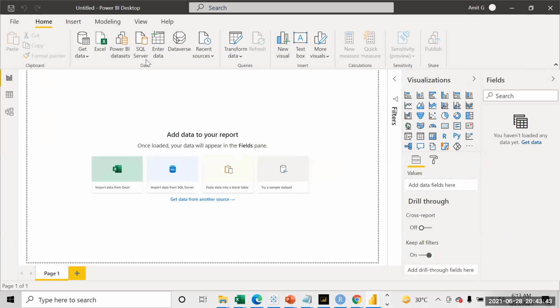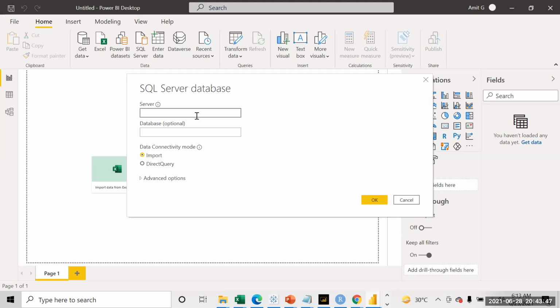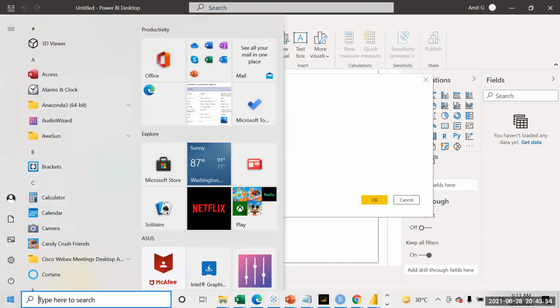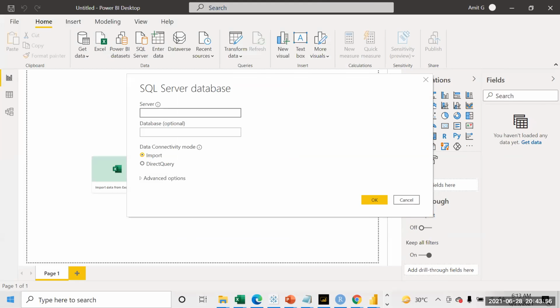For that you just have to click on the SQL Server option. You can all try this with me, and you will put in your server details. You all already have a SQL Server installed, so I'll just open it up.